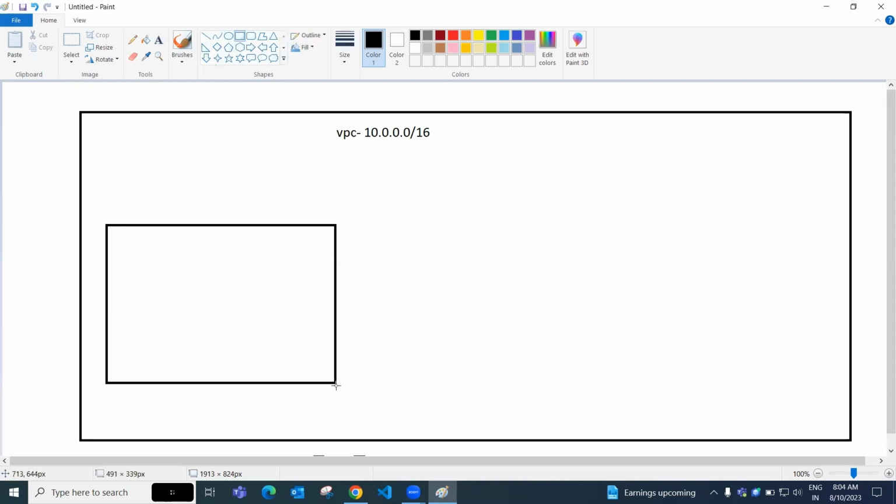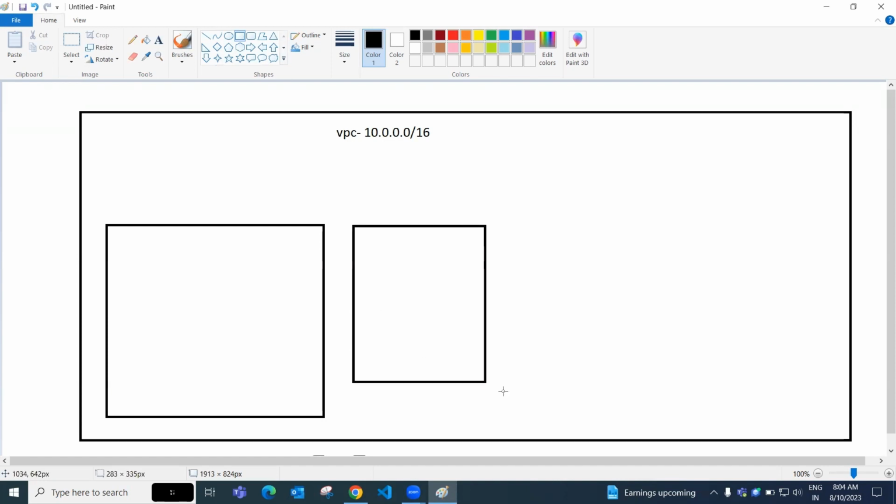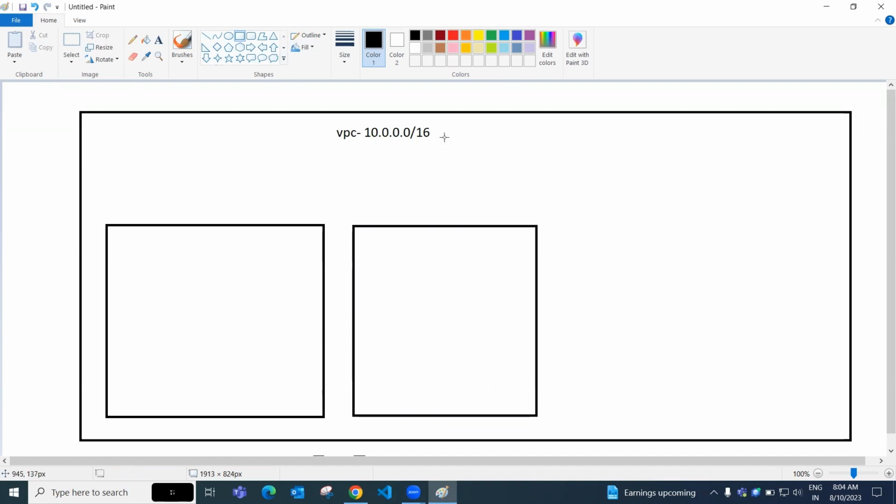For example, I'm creating two subnets here. And here my netmask is /16, so there are 65,500 and something IPs, 65,536 or like that. I am just reserving these IPs here. Got it? And if I choose a subnet like /24,